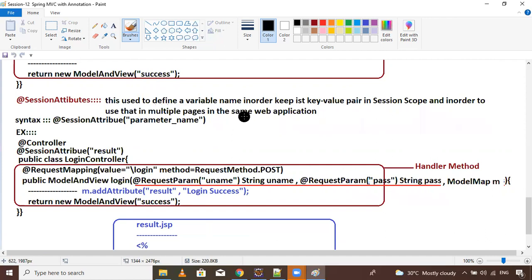This annotation is used to define the variable name. I will use one variable like string status, string result, or string status. It's totally depends on your knowledge. That's it. Okay. In order to keep the key value pairs in session scope, it will keep key value pairs